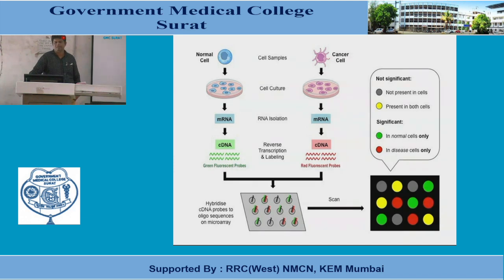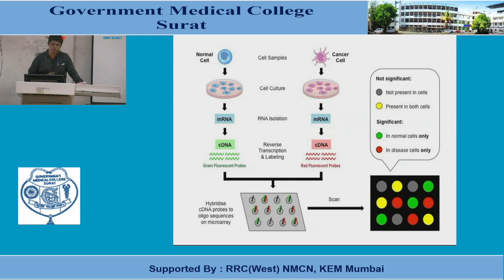If there is a gray color, then there is no cell, only the DNA probe is there. If there is a yellow color, then both cells are in equal amount, normal and cancer cell. If there is red, it means there are more cancer cells. If there is green, then there are normal cells. According to that, we can count how many red wells there are, and at first it helps in diagnosis, showing that the patient has cancer tissue of 30%, 70%, 80%.